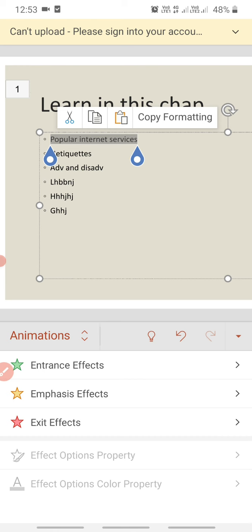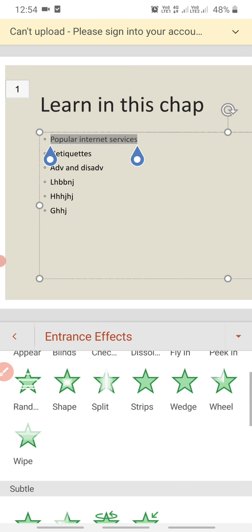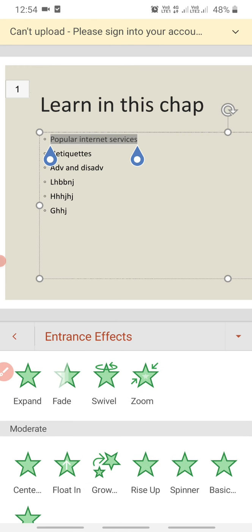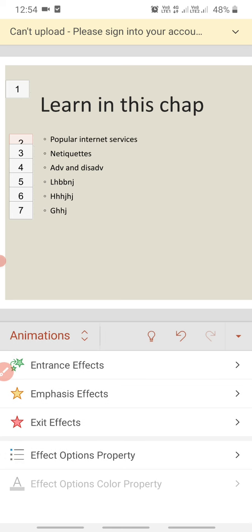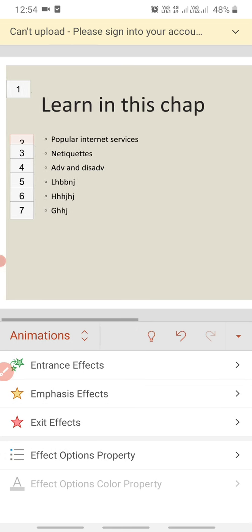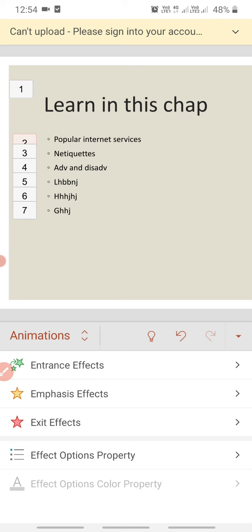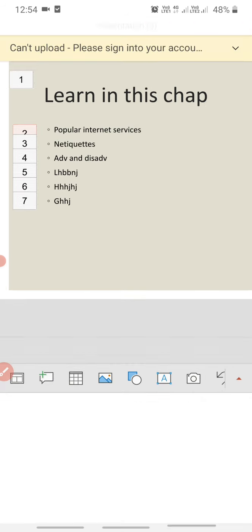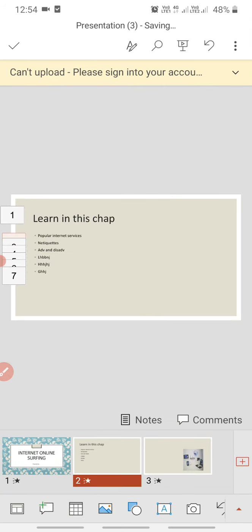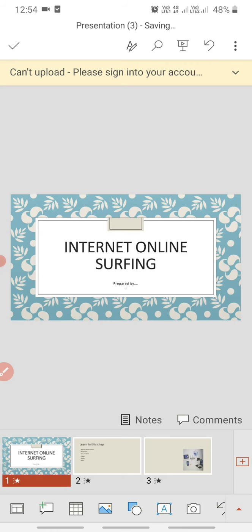Double tap, select entrance effect, grow. So all this will be selected and applied to all these subtopics which you have selected. These transitions and animation effects will be applied to all. This is the basic format.